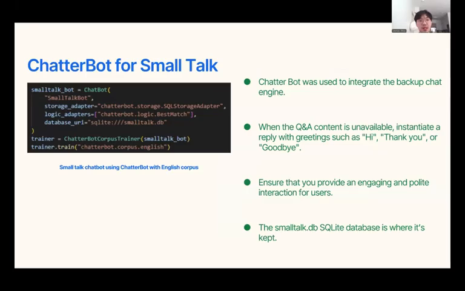Next is the chatbot for small talk. In real conversations, users often say things like hello, thank you, or bye. They are not relevant movie questions, but we still want the chatbot to respond. That's why we added a fallback module using